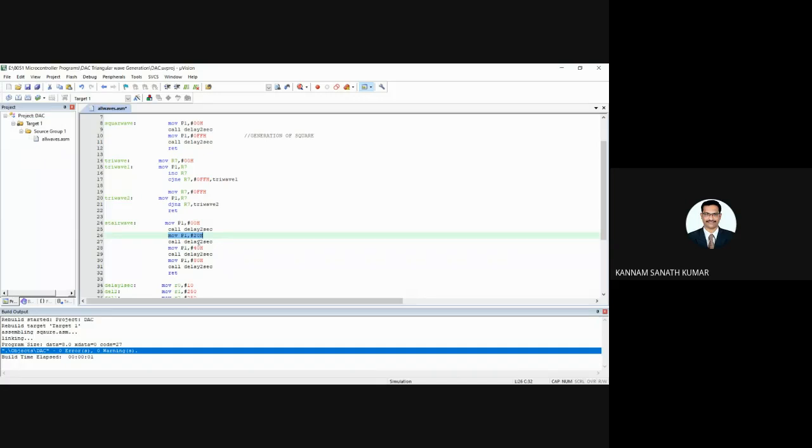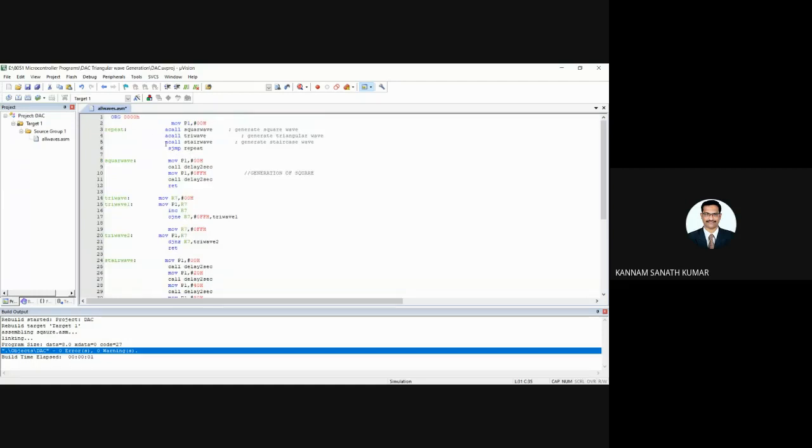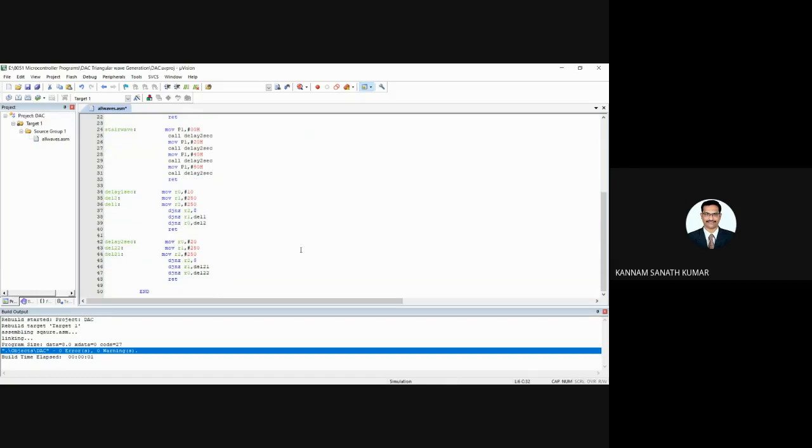You are getting a four-step staircase with values 00H, 20H, 40H. For each staircase value, you call a delay function: acall delay 2 seconds, move port 1 with 80H, acall delay 2 seconds, and return. Return means it will go to the main function. Sjmp repeat means again you will get all these waveforms continuously.